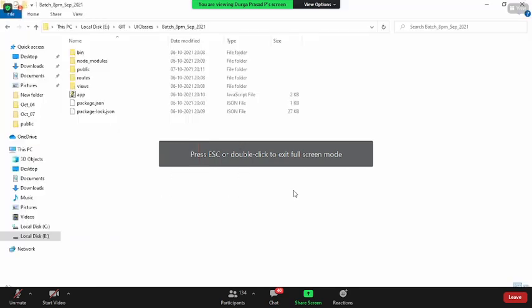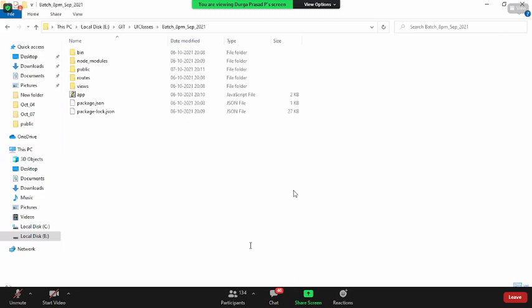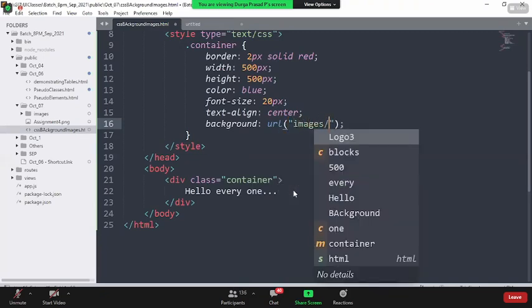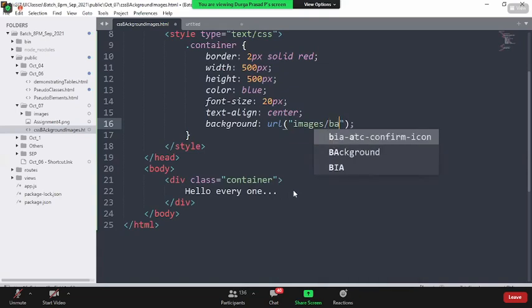So make a habit of everyone running with the server. Okay, so this is how I have it. Now I'm going to add the background image here. Anytime you want to add a background image, you can go with background, or you simply say background-image URL. Under that, images is the folder, and under that there is background.jpg. This is the URL I'm giving.